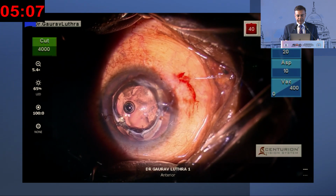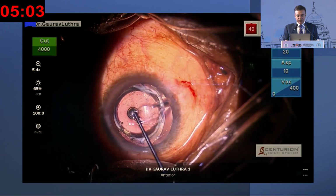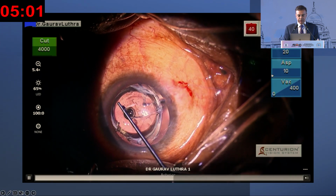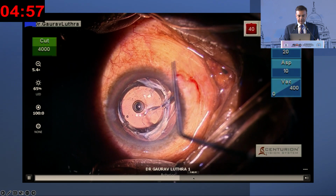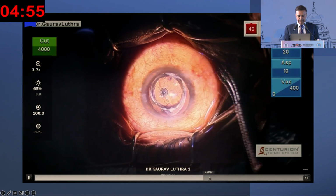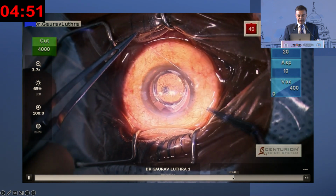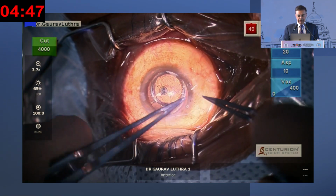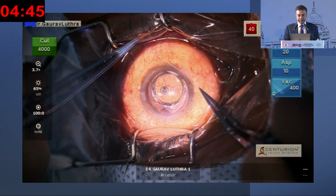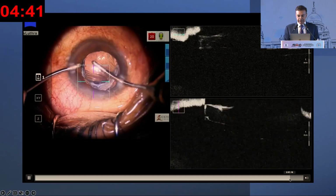So here, using a small manipulator, I have retrieved the 2 loops of the suture, and then all I have to do is just tie these sutures after snipping them. And once you've tied the suture and buried it into the Hoffman's pocket there, you just trim it, and it comes out quite beautifully, and the bag is refixated over there,